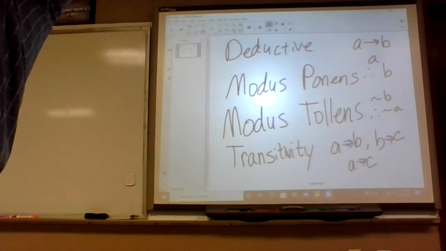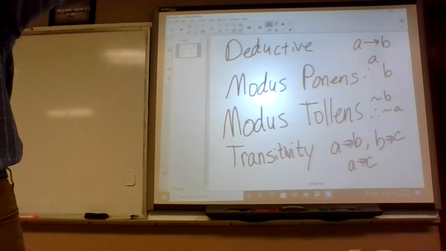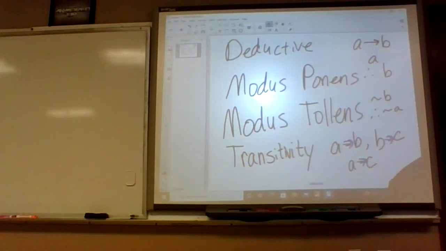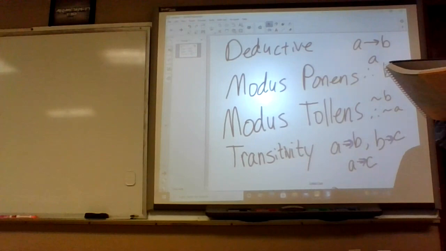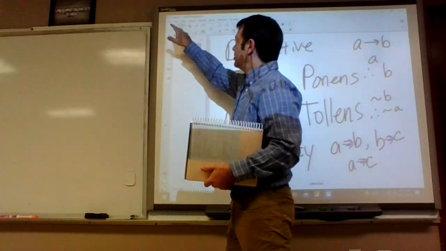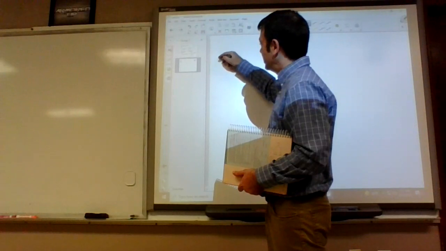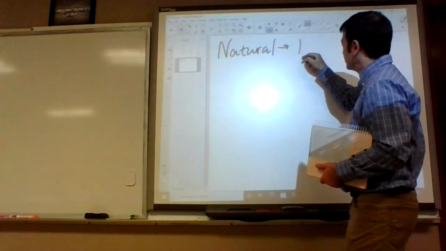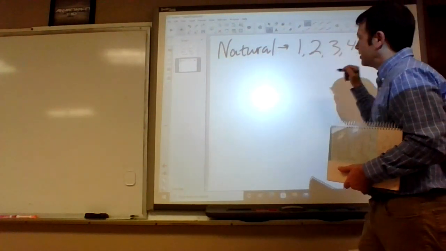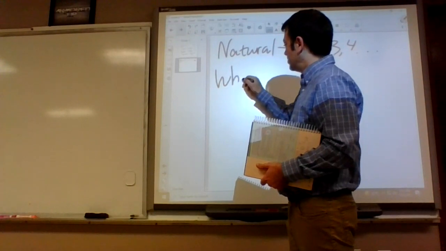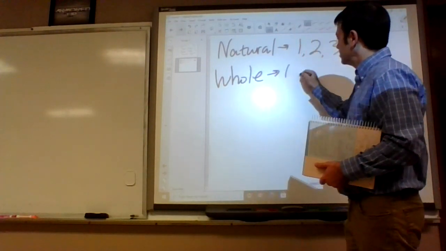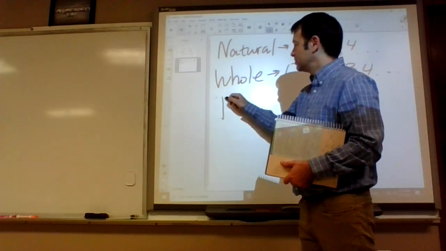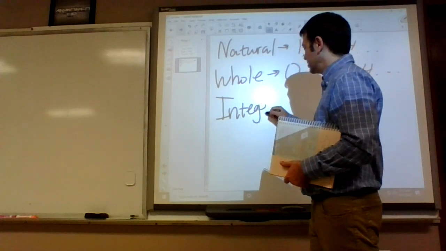Number 36, state all the proper subsets of the real numbers. Okay, it's been a while since we did lesson 1. Do you guys remember the sets of numbers? Let's go through the list. What was the first set that I put up here? Natural. And what did that include? Sometimes these are called counting numbers. Counting starts at 1. And then, whoever said whole. And what does that include? 0.